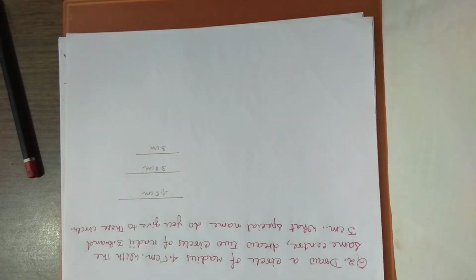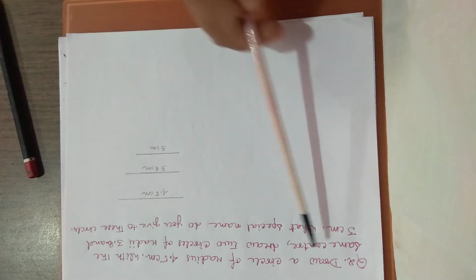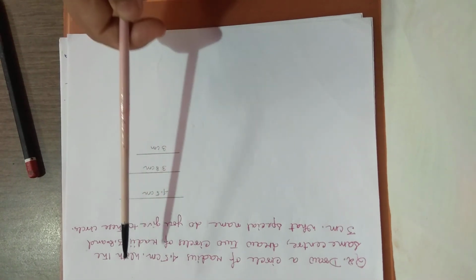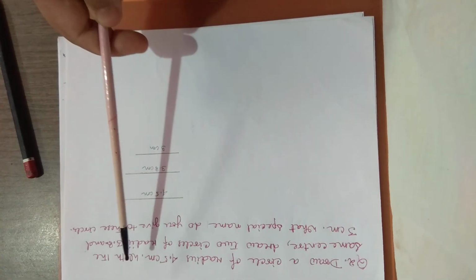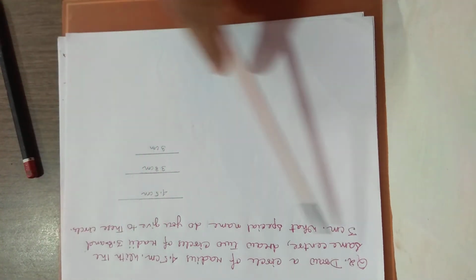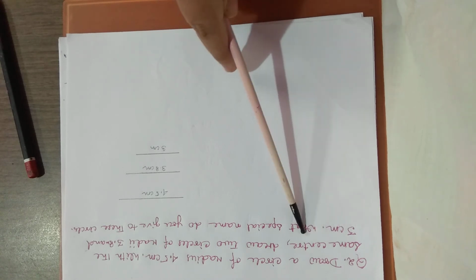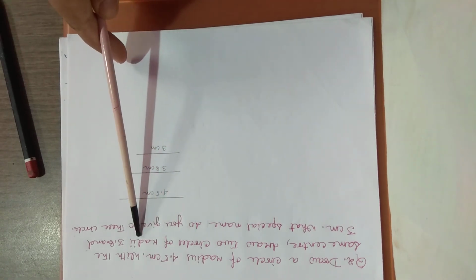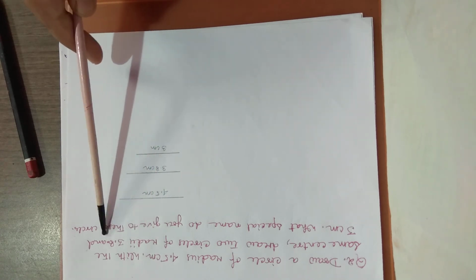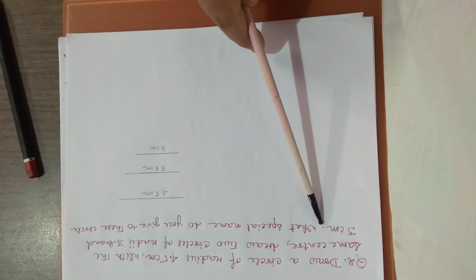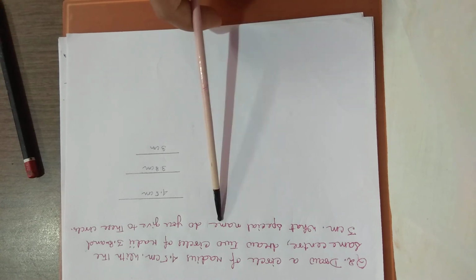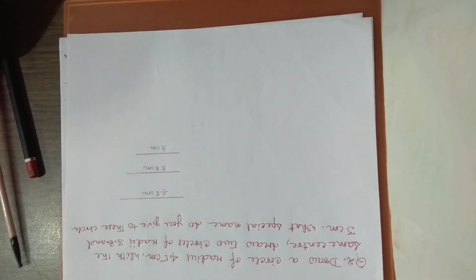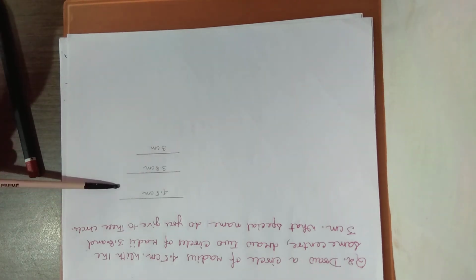So, in question number 2, what it is told, draw a circle of radius 4.5 centimeter. This is the first. Draw a circle of 4.5 centimeter. With the same center, draw two circles of radii. Radii means plural form of radius. 3.8 centimeter and 3 centimeter. What special name do you give to these circles? So here 3 circles are asked to draw with these 3 radius.